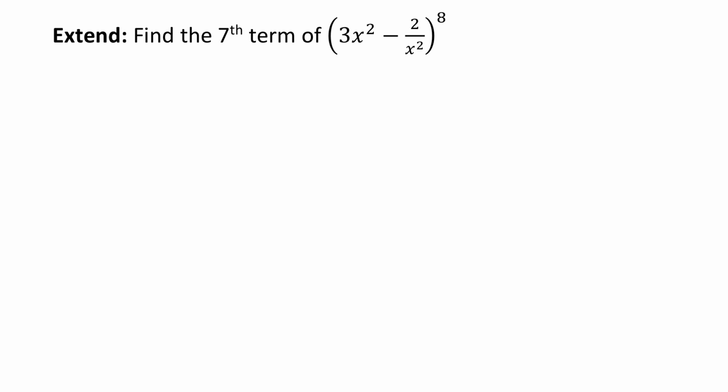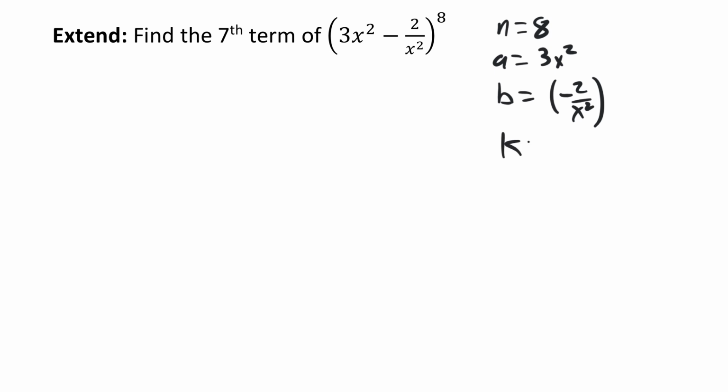All right, let's do one last question here. Let's find the seventh term of 3x squared minus 2 over x squared to the power of 8. Please pause the video and give it a try. All right, n equals 8. A equals 3x squared. B, negative 2 over x squared. And k is 6. So we get T 6 plus 1